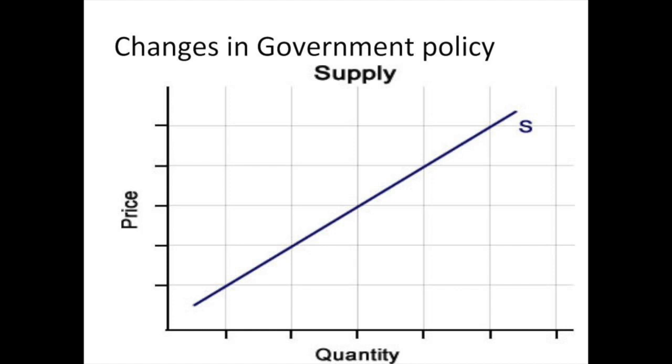Another way government can influence supply is through subsidies. A subsidy is when the government provides funds to a company to help with production. An example, if the government wants to increase the supply of windmills in the US, the government would provide a subsidy to windmill companies, increasing their potential to produce windmills because the government is giving them money. So a subsidy is always a good thing for a business to have. They're getting money from the government to produce a product.